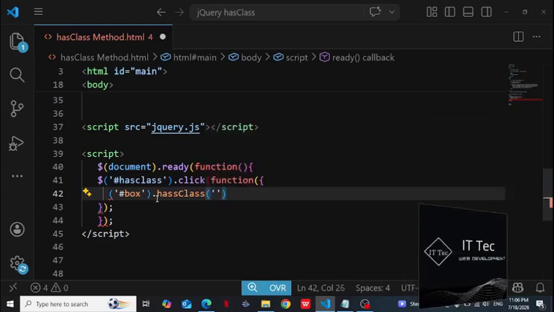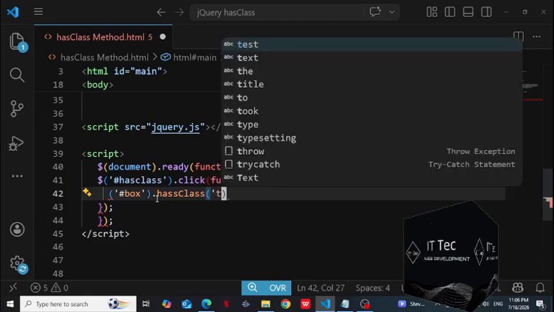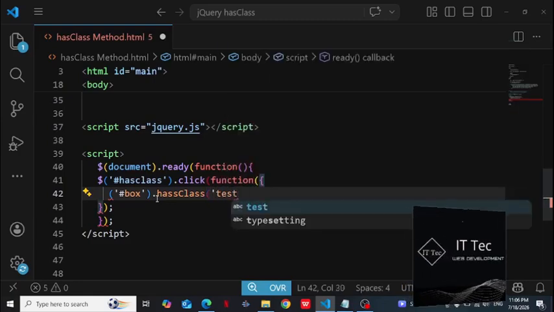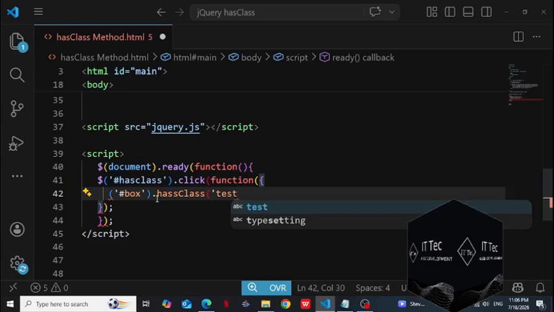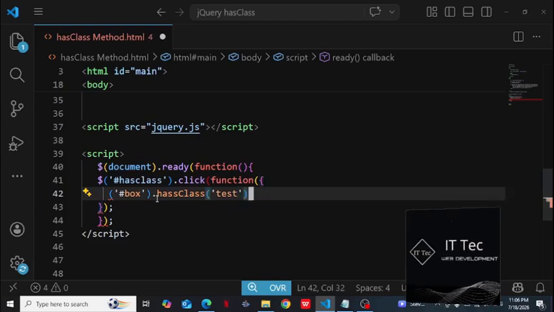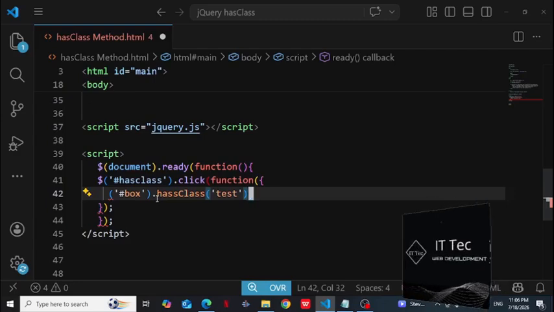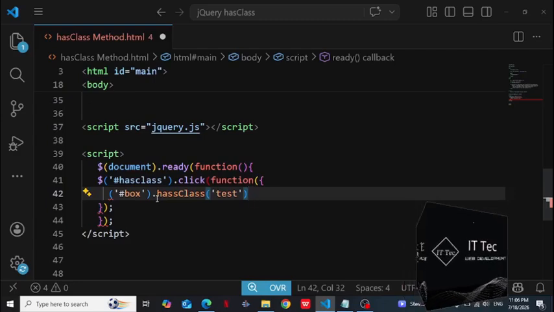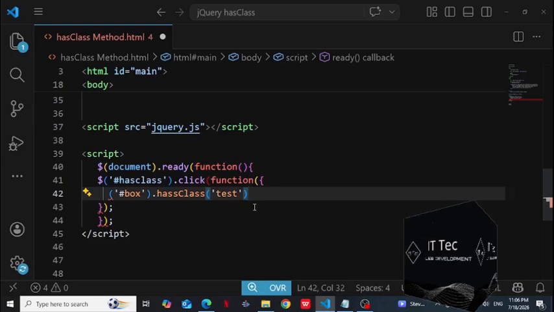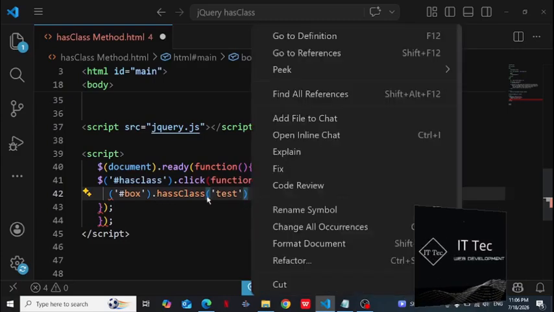To check for the presence of the test class, we use the hasClass method. The syntax involves adding .hasClass and passing the class name, in this case, test, inside the parentheses. Instead of just leaving it as is, I will cut this code and place it inside a console.log statement. After pasting it there and saving the file,